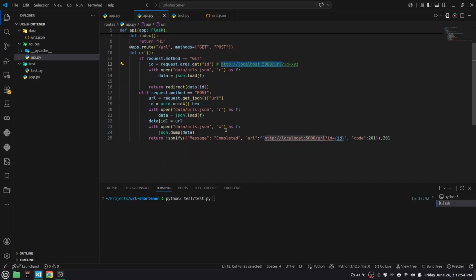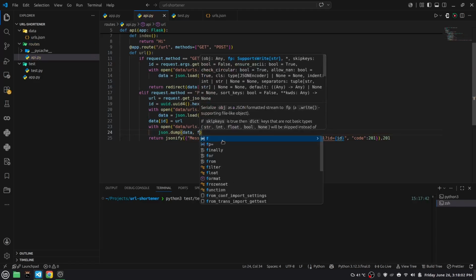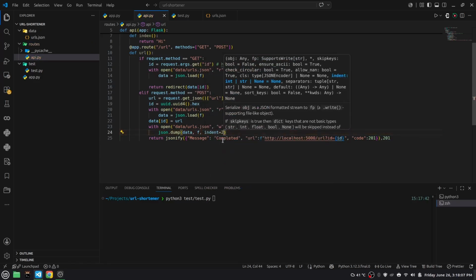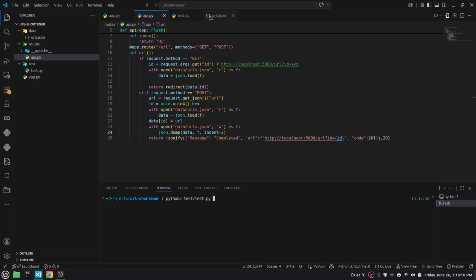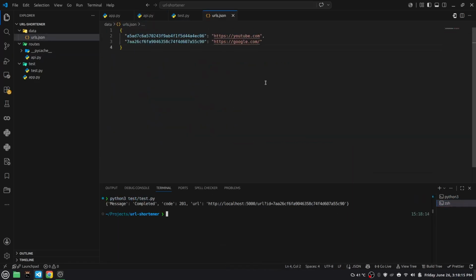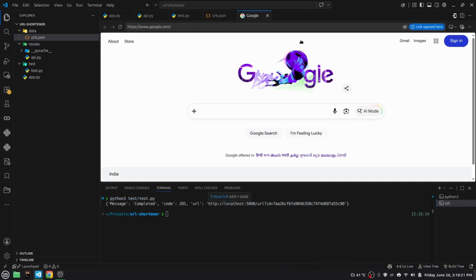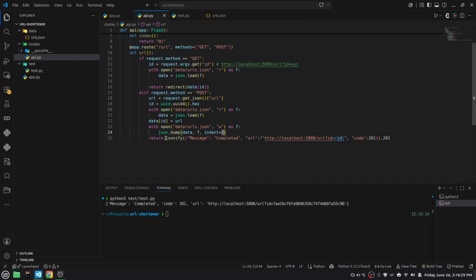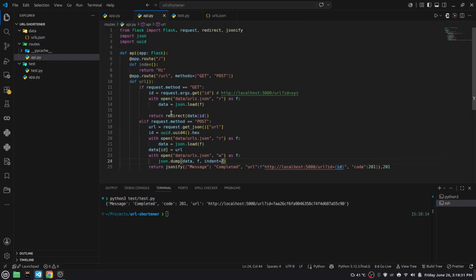Small thing might change. When we're writing the data with JSON.dump data file, we will do indent just so it looks nice. Now just before you reload it, we have google.com here. Now if I open this guy, redirect Google. And that's how you make a basic URL shortener backend in Flask in 25 lines of code for the routes,